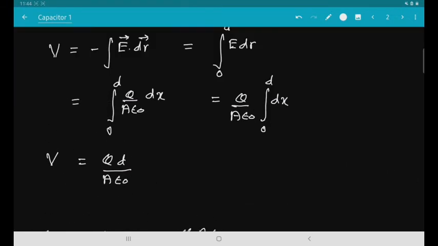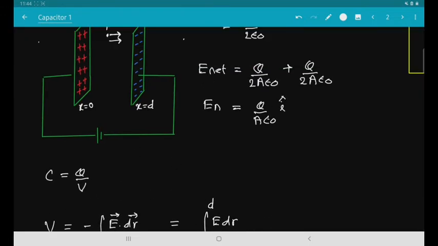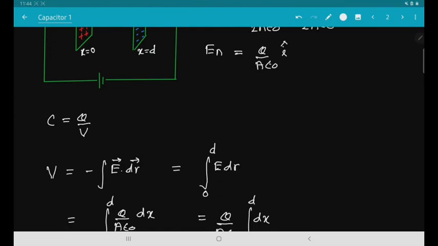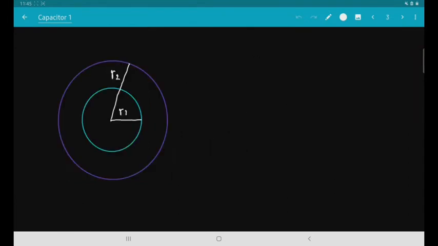Now here we also understand the general method to find the capacitance. It may be a parallel plate capacitor or a spherical capacitor, or there may be a dielectric in between the plates. The general method is to find the electric field. From the electric field we can find the potential and then find the capacitance by dividing the free charge Q by the potential.